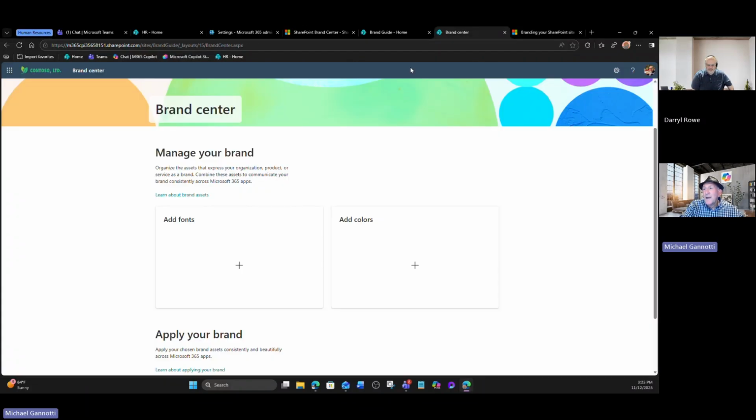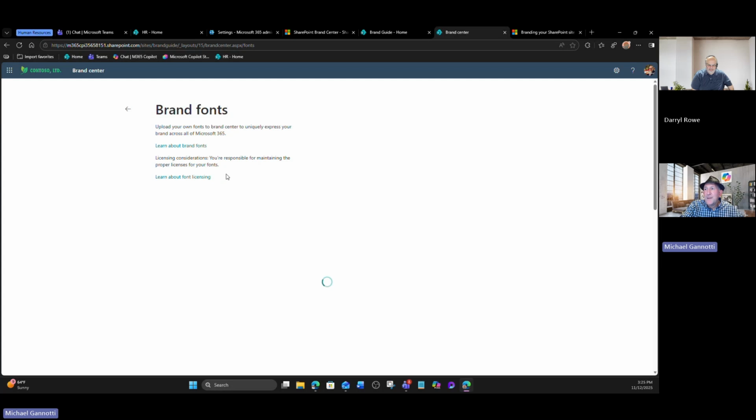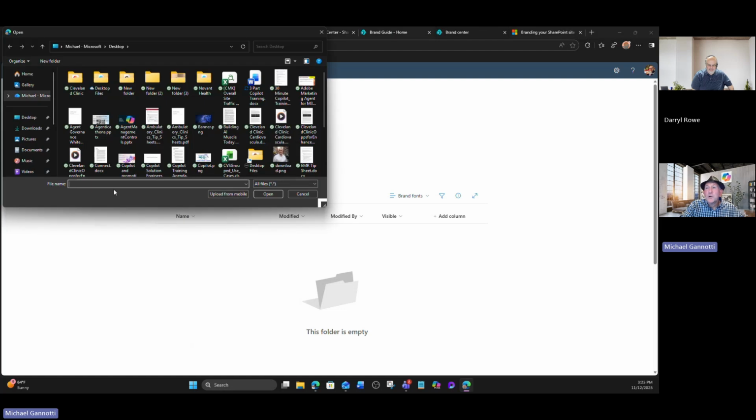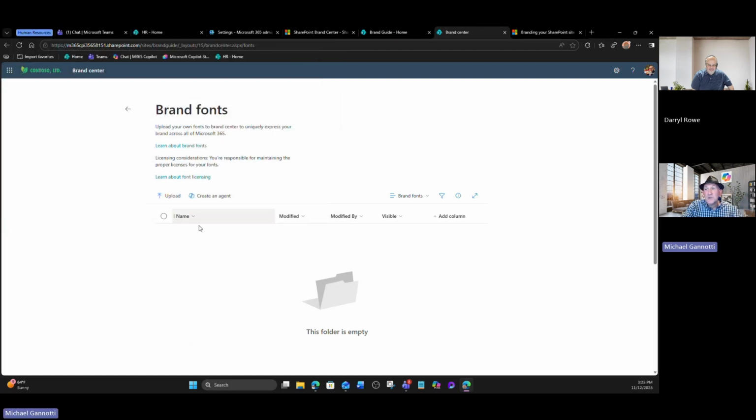But then once you're ready, you can come in and number one, you can upload fonts. If you click that, it's going to say brand fonts, and then you can go ahead and upload. If you have font packages available, you're just going to start uploading them here, making those available for your users to be able to leverage